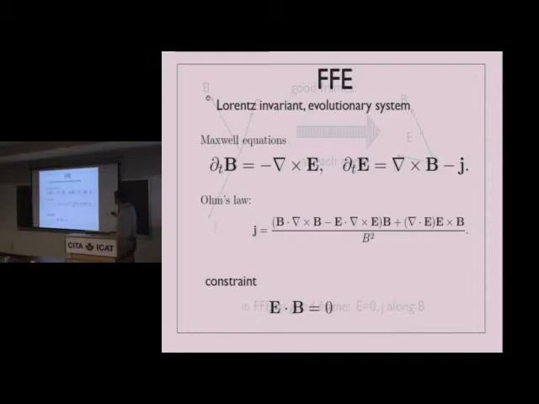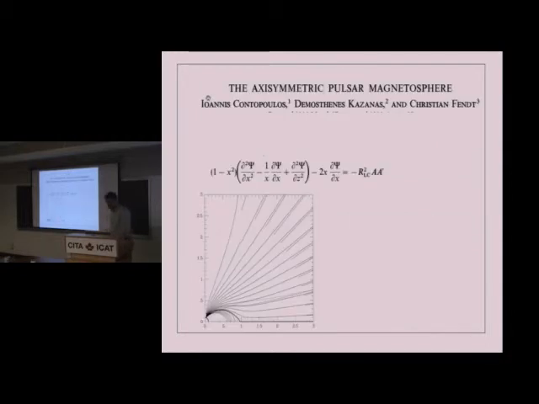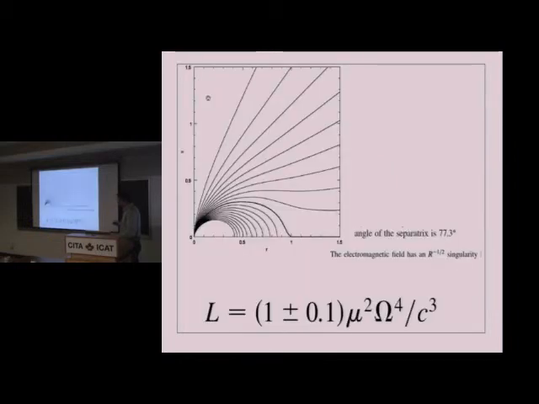So this is clearly a good Cauchy problem. The time derivatives of E and B are functions of E and B only. You give me E and B at zero time, satisfying this constraint. I put this into my computer and calculate the future electromagnetic field. So we should apply it to pulsars. These people were the first to do so. And they, as you see, calculated something which is quite similar to Goldreich and Julian. Other people have improved it,